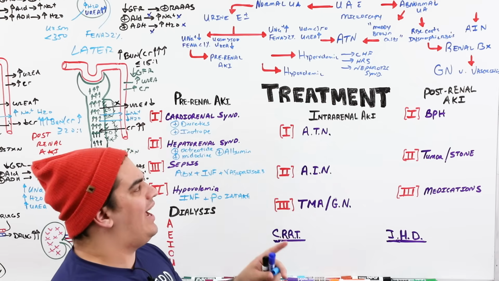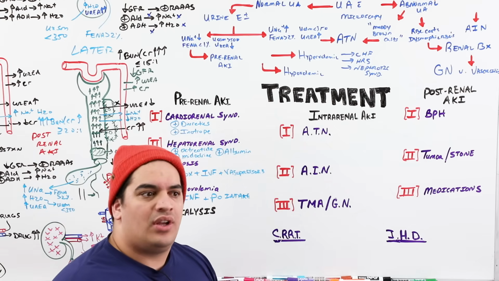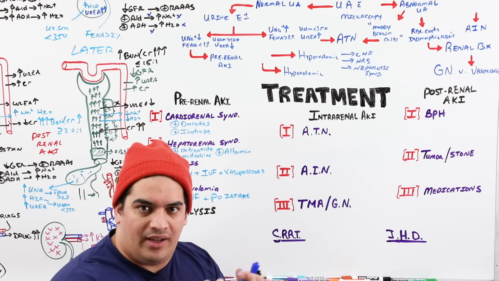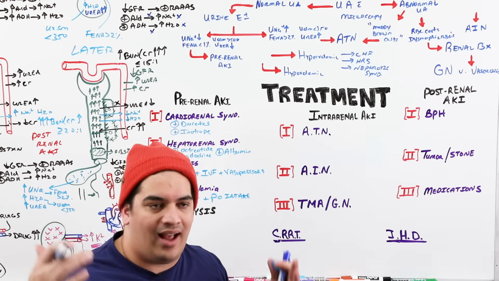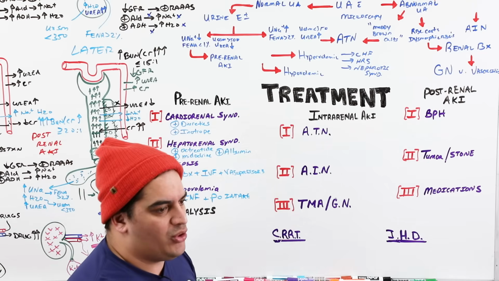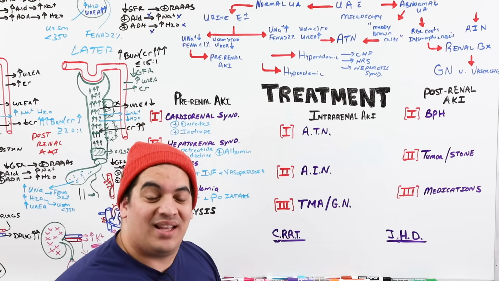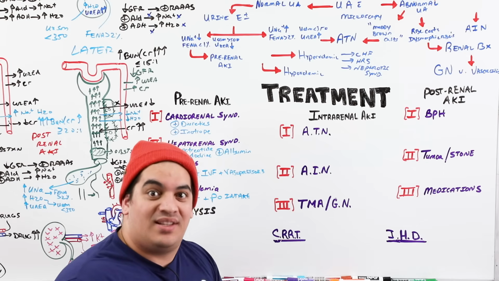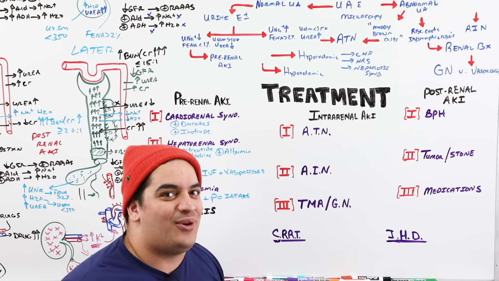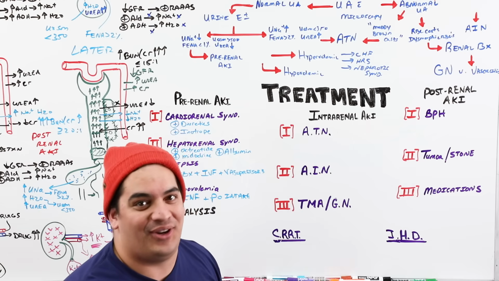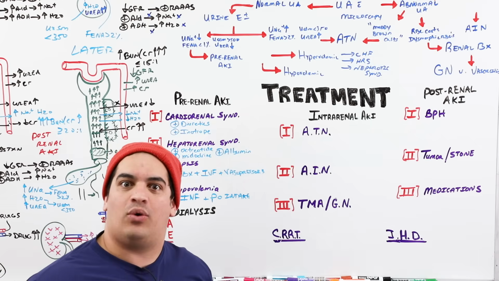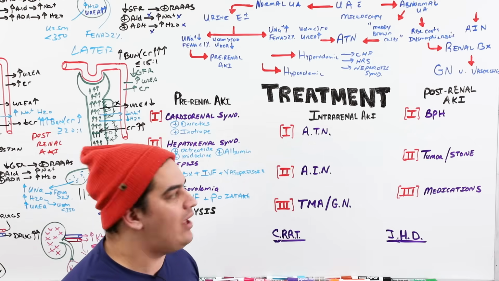An intra-renal AKI, it's actually a little bit different. These patients, that's usually because of some type of offending agent, whether it be a drug, whether it be some type of process that we talked about with ATN, AIN, and glomerulonephritis and thrombotic microangiopathies. ATN is the biggest one that I want you to remember. What actually is the best test is giving them what's called furosemide, seeing how they respond to furosemide. If their kidneys are working and they're not damaged, they'll make urine. But if you give them furosemide and they don't make any urine, or they make very little urine, their kidneys aren't working. And it's likely an intra-renal AKI. That's a quick, easy test, right? It's called the furosemide stress test. It was validated in studies.